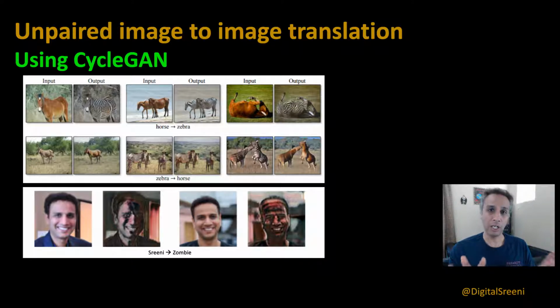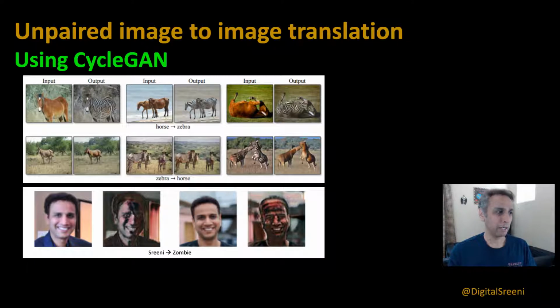What if you don't have the luxury of having those type of training images? For example, if you would like to convert a horse into a zebra, obviously digitally, how do you do that? Because you don't have the same image of a horse and the same exact looking image of a zebra. That's not possible. So this is where the unpaired image-to-image translation steps in. This is called CycleGAN, where you have a whole bunch of images in domain A and a whole bunch of images in domain B, but they're not related. They're not paired. But they represent, for example, domain A is all horses, and domain B is all